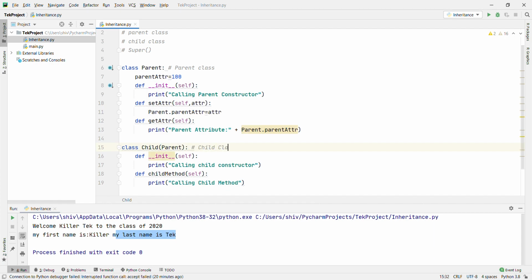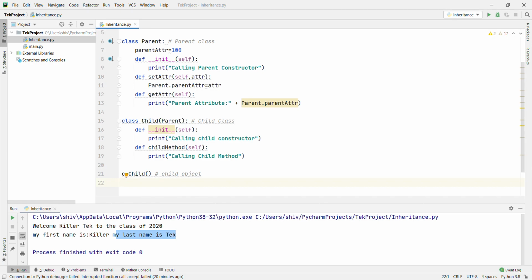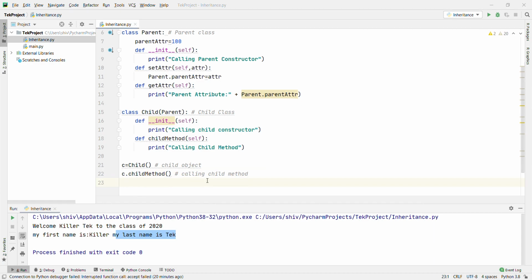Now I will give you all the steps one by one, how we are going to call parent and child. So fine, I am going to create the child constructor here, creating an object of child. Now I am going to call the child method. If you call the child method, it will print "calling child method". Now I am going to call the parent method.